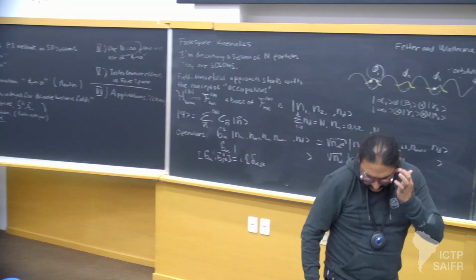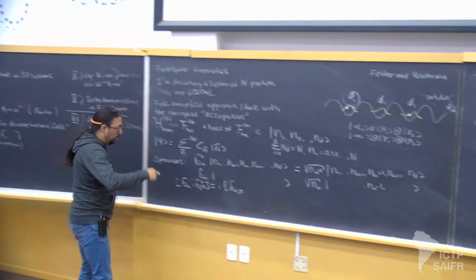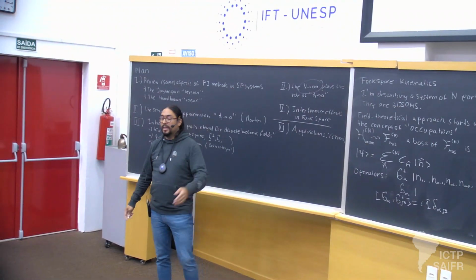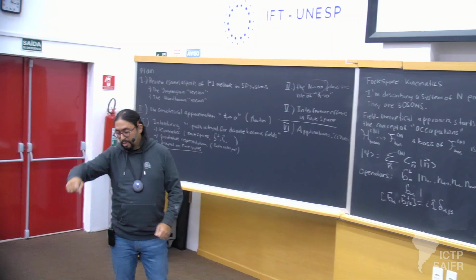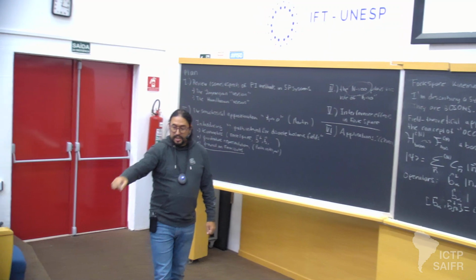So these things commute if the orbitals are the same. What does it mean? Physically, if you put one boson in one well, and there's